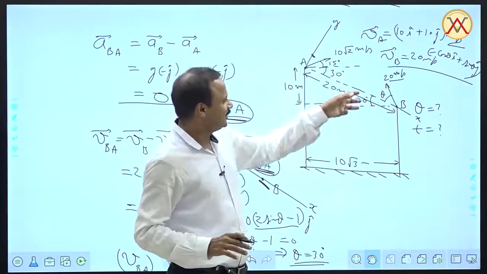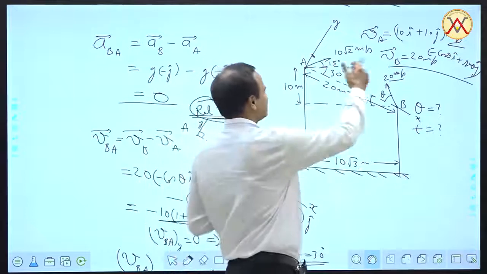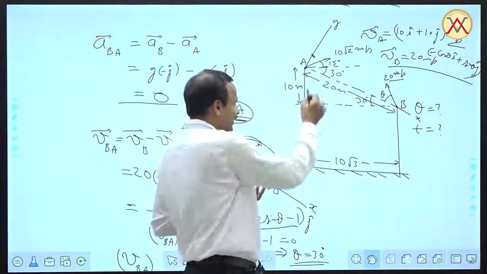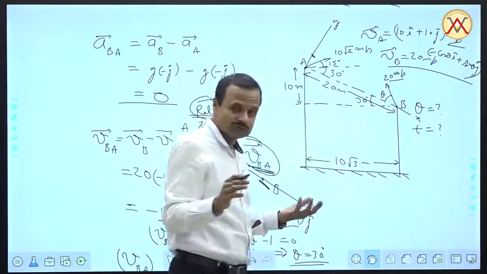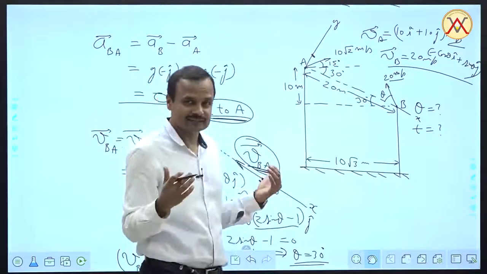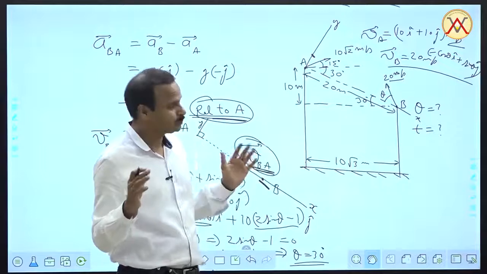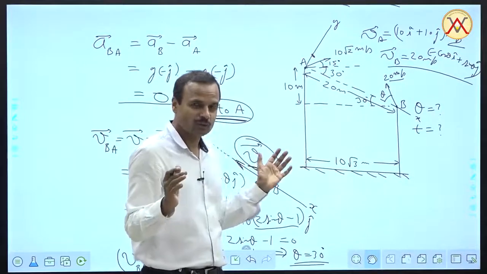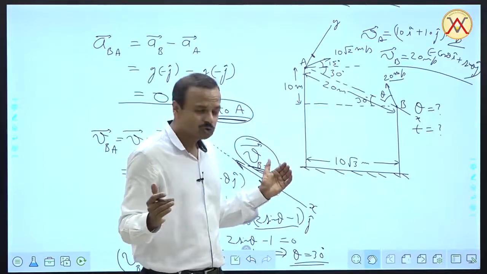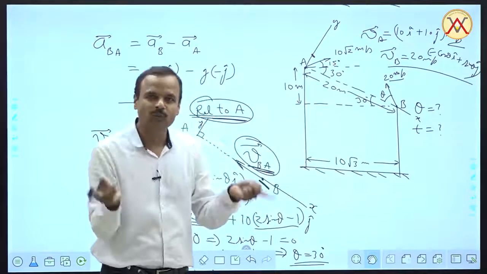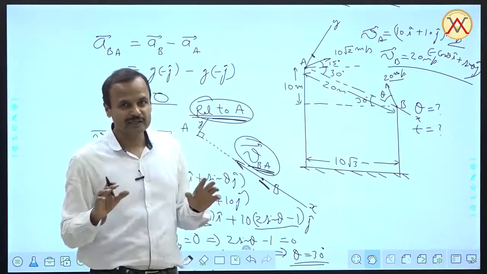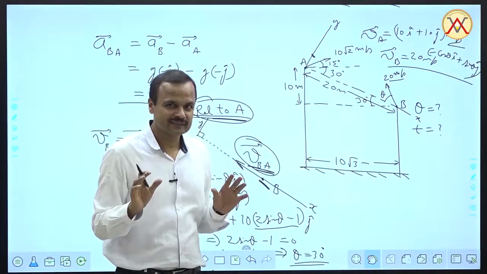You can write their x and y coordinates as a function of time, but then their starting points are different. So it will not be easy to write their x and y coordinates. But anyway, it is possible, not easy, but it is possible, to write their x and y coordinates and then put the x coordinates equal and the y coordinates equal at the time of collision. But I tell you, it is going to be very, very lengthy.